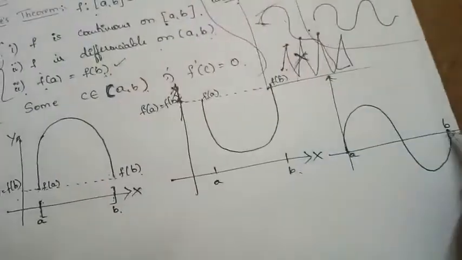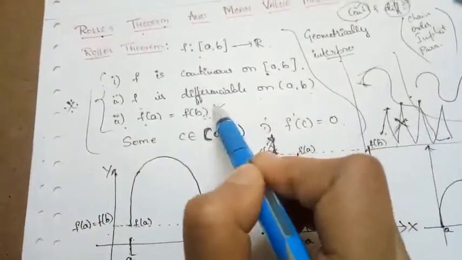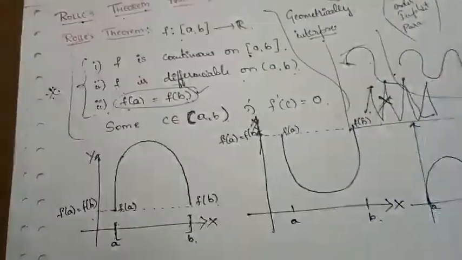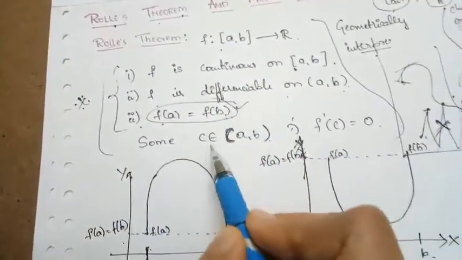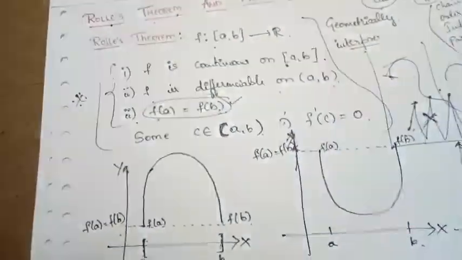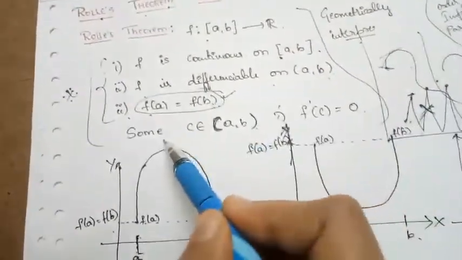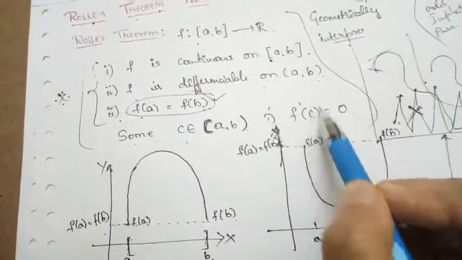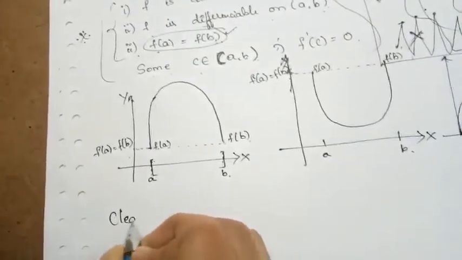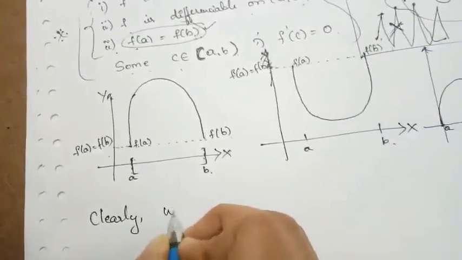So the graph which is satisfying Rolle's theorem obviously takes the U-turn because of the condition, that is f of A is equal to f of B. So to bring this f of A equal to f of B, the graph might be in any of these three conditions. Now what they are saying is, if it is satisfying all the three conditions, there exists some C which is belonging to A comma B such that f dash of C is equal to 0. So clearly we know that